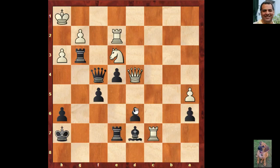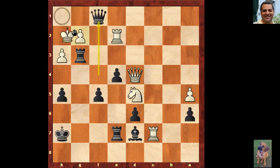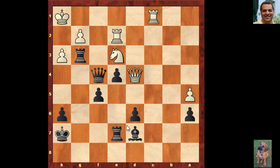Are there any threats in sight? Well, maybe if knight d5 didn't have queen f1, that would almost be dangerous. I can't even give black a move to demonstrate that. I mean, let's imagine h5 was played here, knight d5, check. If here, then here. But anyway, black plays this, okay,